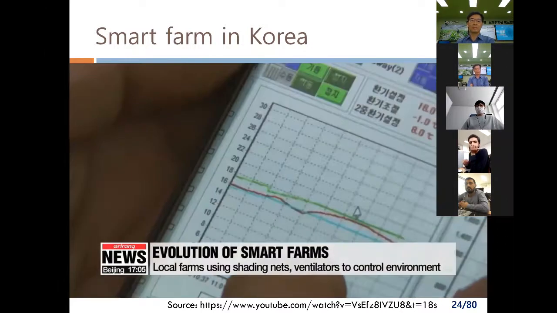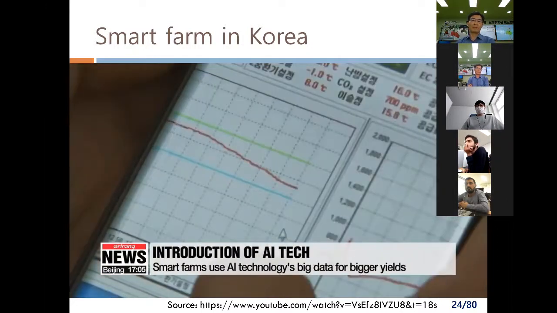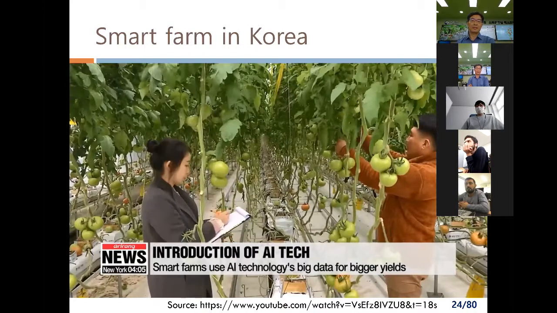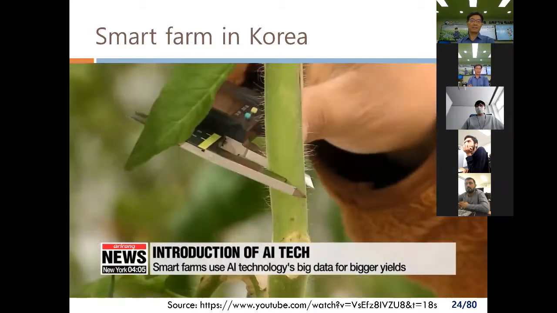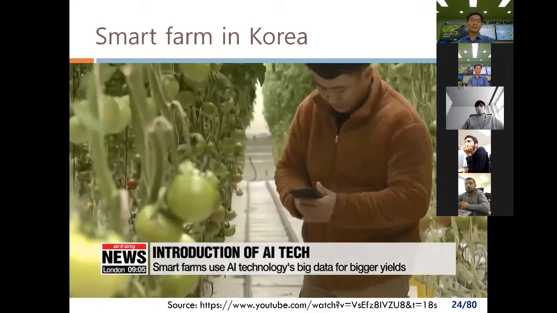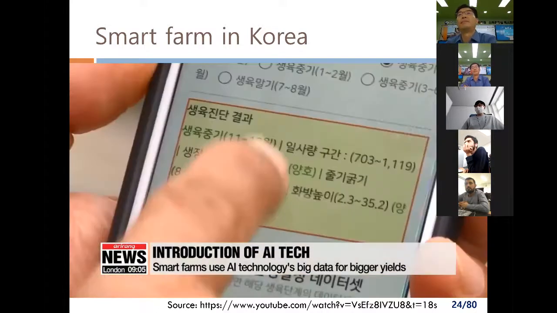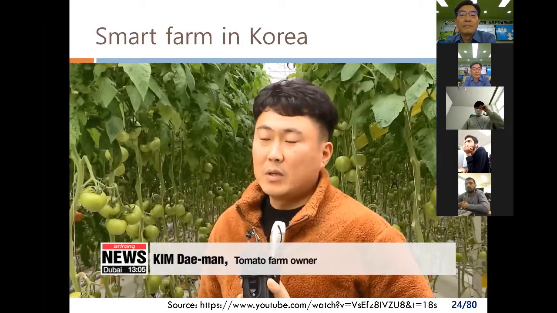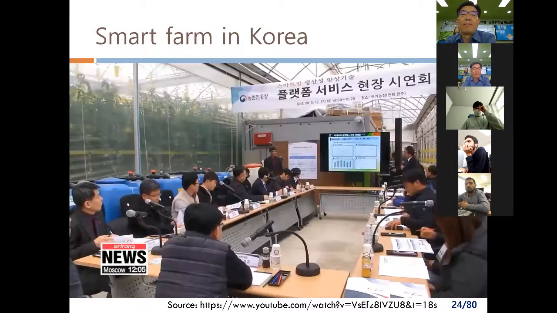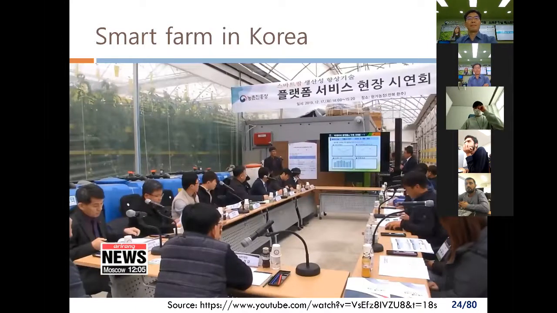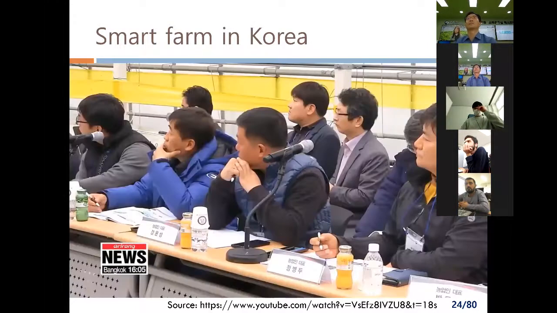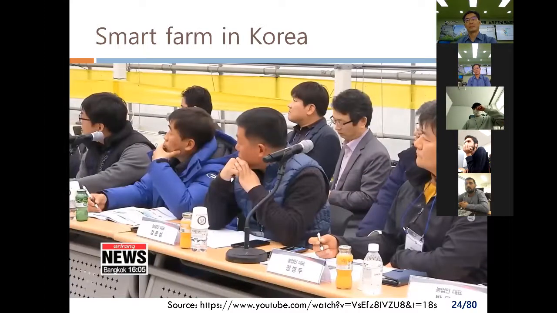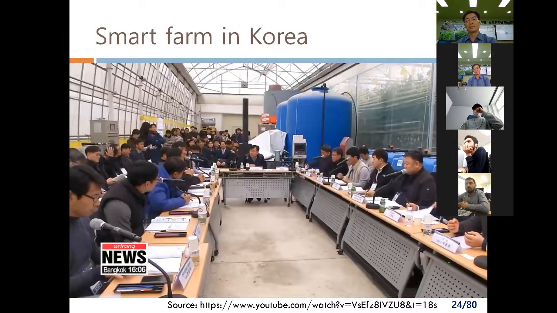The newly applied AI can collect and analyze big data to find the optimal conditions for tomatoes to grow according to the current growth phase of each individual plant. The owner says the AI has raised the tomato yield by nearly 80%. AI has made farming so much more convenient. I can easily access it at all times, even when I'm overseas on a trip. The AI reduced total labor hours down to an hour and a half, less than half the time he previously had spent working each day. What's more, heating costs have been cut by more than 40%.